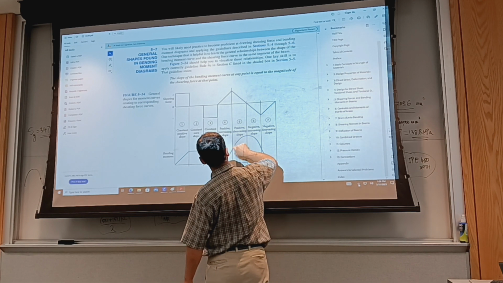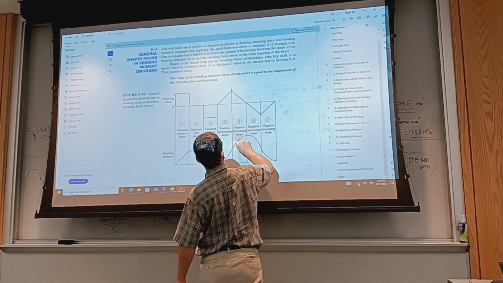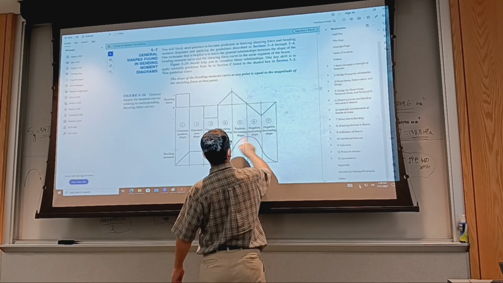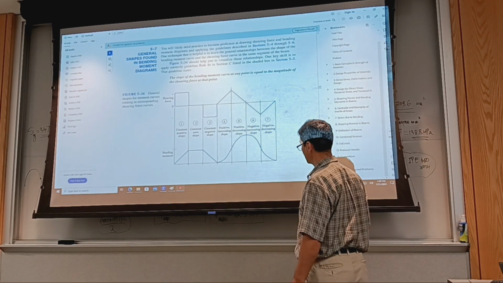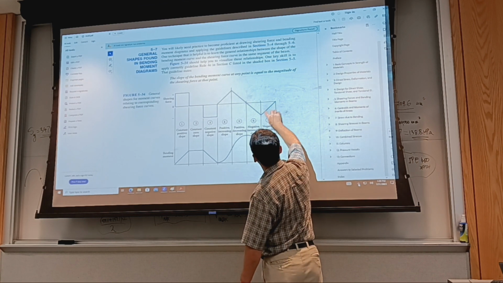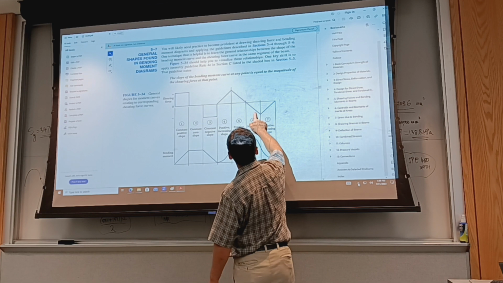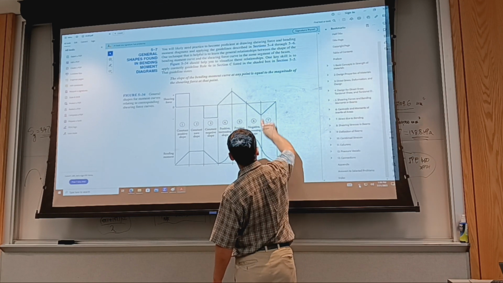So the slope goes from positive to 0 and switches to negative in a smooth way. Okay. Here I'm seeing an inflection. If this slope equals,